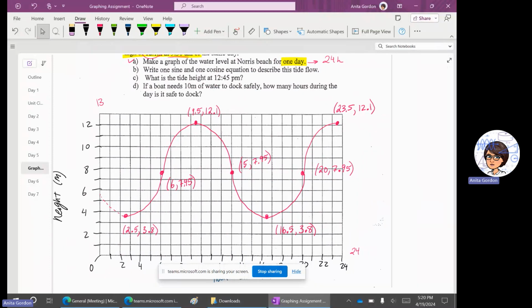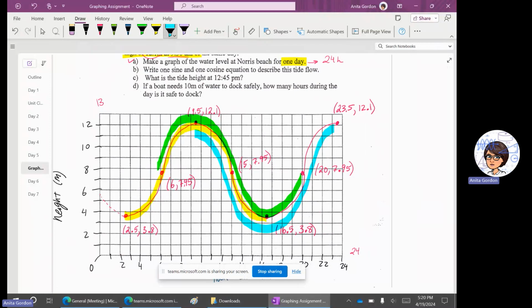Part B is saying, write one sine and one cosine equation to represent the flow of the tide. And hopefully you can see that this is a symmetric wave that continues on and on and on. So you can go forever. You could start at the beginning here and notice that this looks like a bell curve, which is a negative cosine. You could also notice that you could start at the middle, go up and then down, and this would represent a sine wave. Or you can start at the top, go down and back to the top, and that would represent a positive cosine